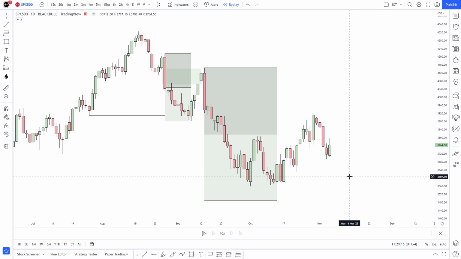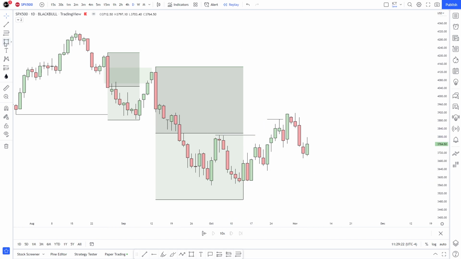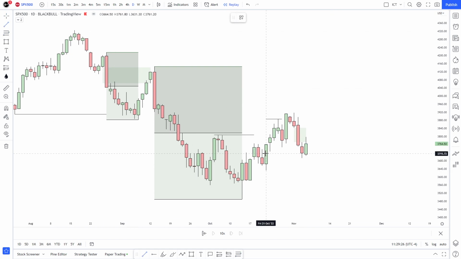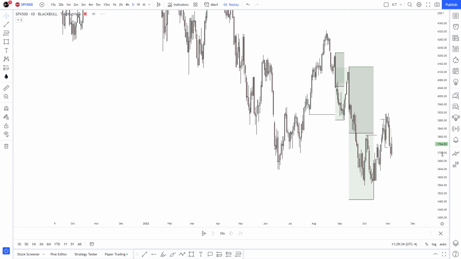Well, it did cause a little bit of an impulse, and even here we have a tiny round liquidity, although this one is a little bit better, right? Daily fair value gap, which price just traded into. We definitely have a market shift below this low, right? And potential sells, right? Could we expect potential sells on S&P 500 next week? The analysis does make a little bit of sense.